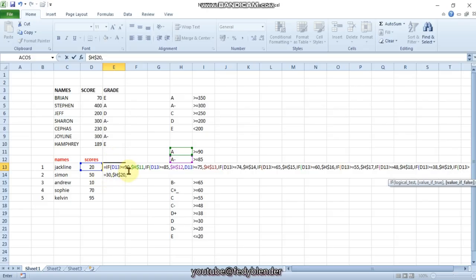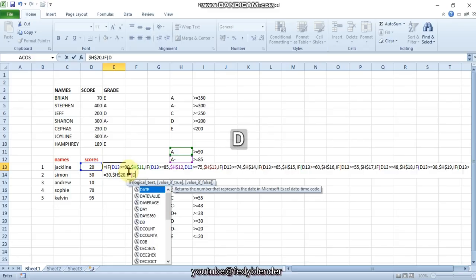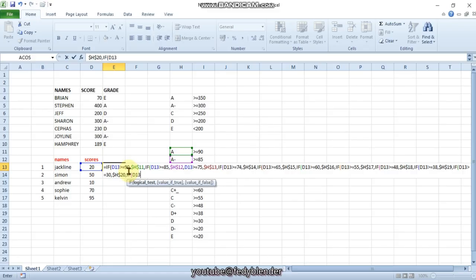Next is if D13 is greater than or equals to 20, what is the answer? The answer will be D minus. You click F4, then you go to comma,